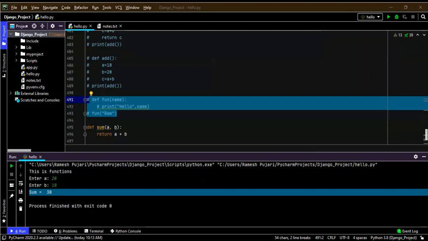The next one is keyword arguments. Now we have completed the required arguments, and here I'm explaining default arguments. In Python, it allows us to initialize the arguments in the function definition itself.